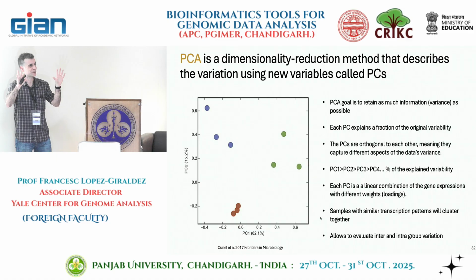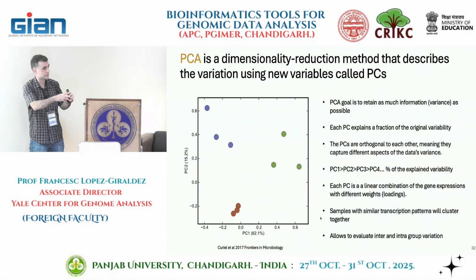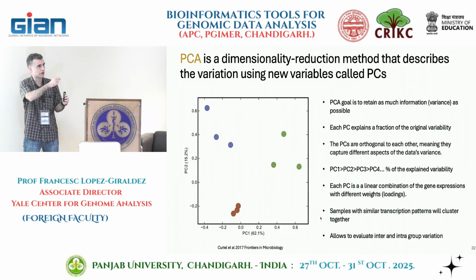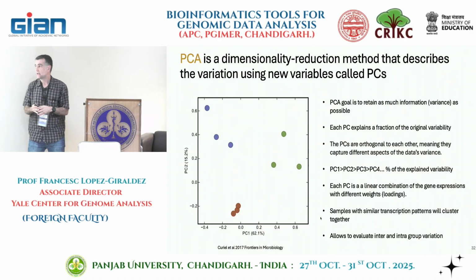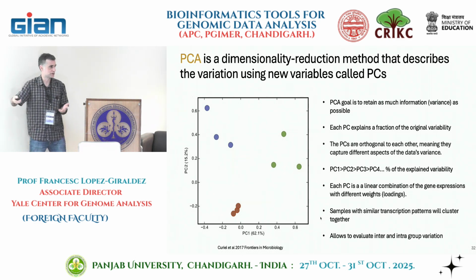So we're talking about bulk RNA-seq, so I'm going to talk about genes in this case. Every principal component is a combination of genes, which you give different weights. I'm not going to go through the process of how you create the PCA, but that's the main idea. You need to think that PC1 is a combination of genes, and every gene has a different weight on it. And talking about weights, in the case of principal components, they call them loadings,